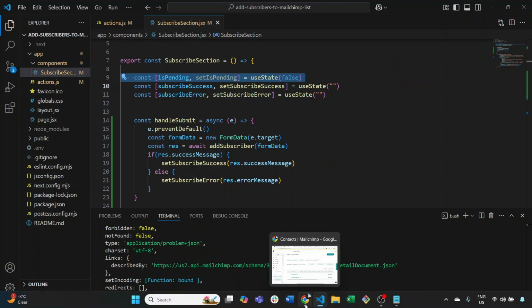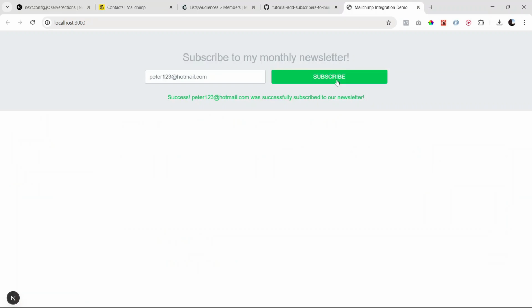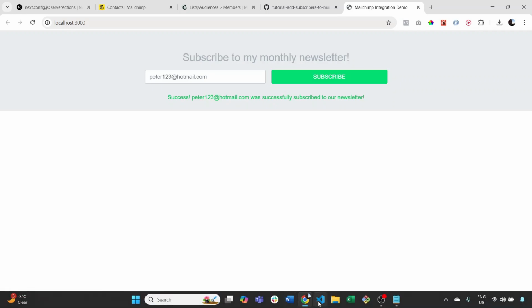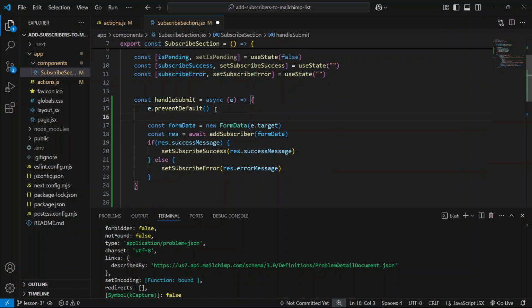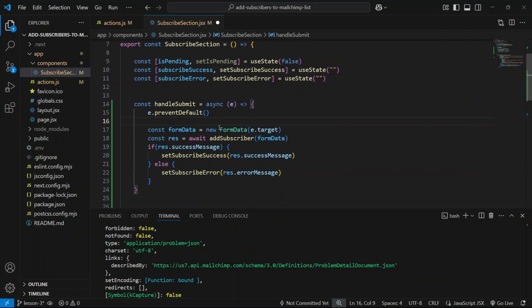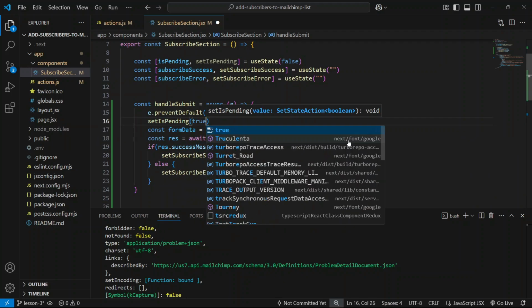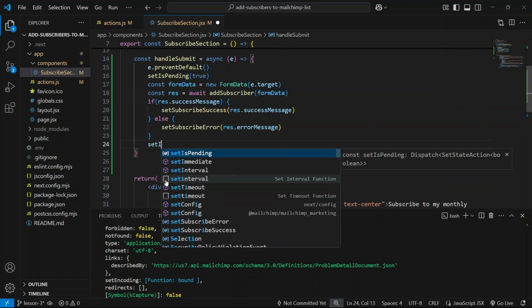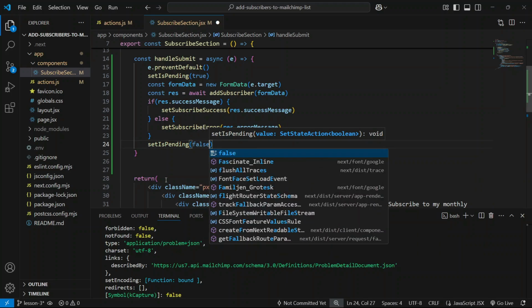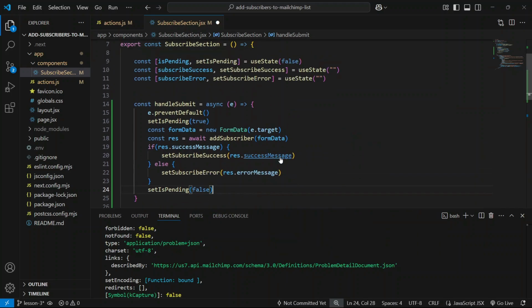So what's going to happen is when the user clicks subscribe, our button is going to turn gray, so it's going to become inactive, and the text is going to change to processing. All right. So to make that work, all we have to do is go right under prevent default here, and we're going to set our pending state to true. Okay, so we're going to say set is pending to true, and then at the end we're going to say set is pending to false. Let's save that,